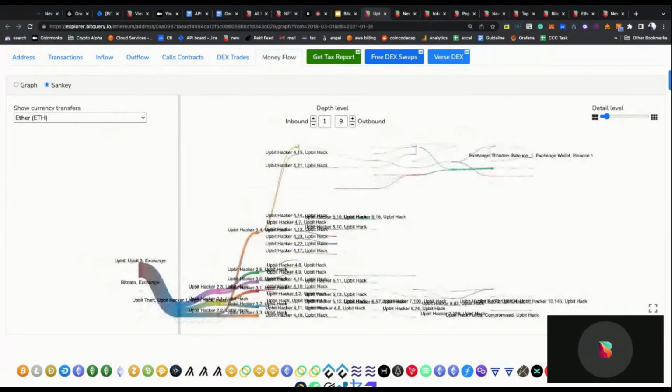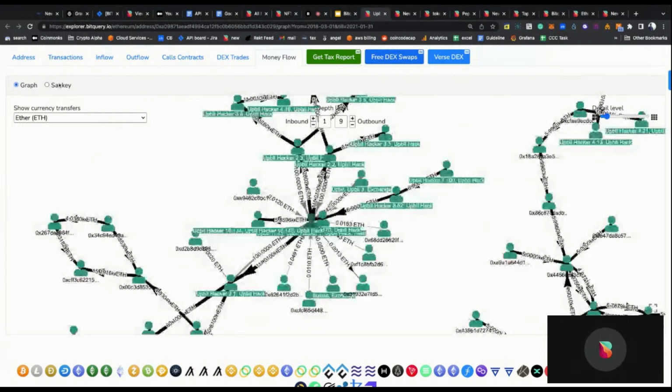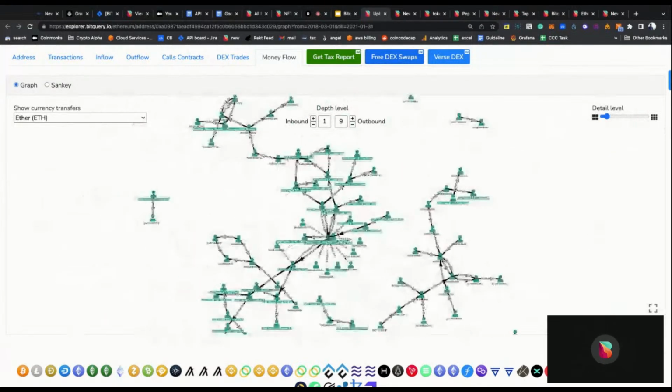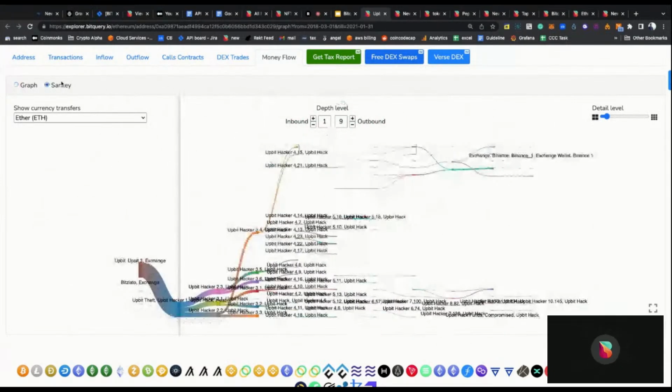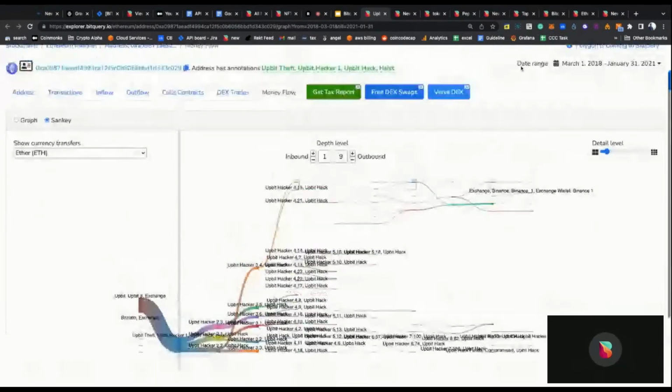And this is simple pure data. We just built this UI to showcase this to you, and you can actually build different types of APIs, which might be more interesting for investigations and compliance related things. So yes, it's one of the more interesting data or capabilities we enable through our APIs, and you can use the Explorer to check out how money is flowing, not just from an address but also from a smart contract.